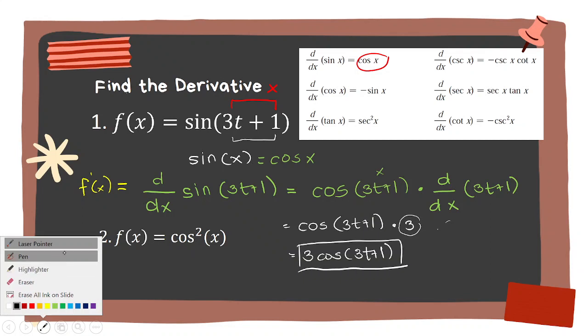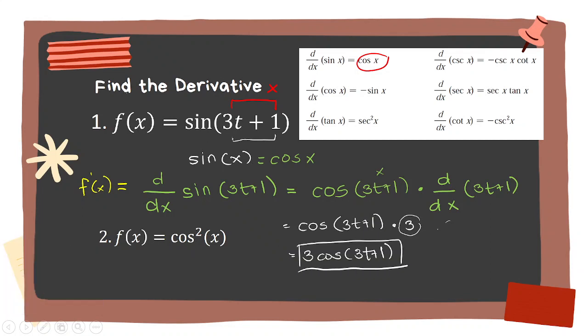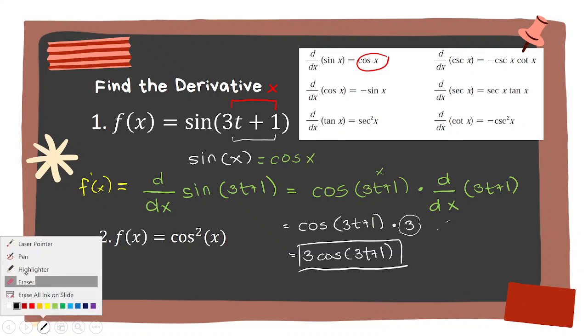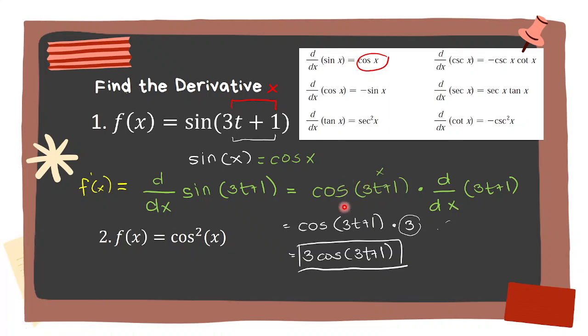So, shortcut. What's the shortcut? You just get the derivative of the function. Ito yung derivative ng function. However, you still need to get the derivative of the inside function. So, ito yung derivative ng sine x, which is this one. Ito yung derivative ng loob. Diba? So, kumbaga, pag dinerive natin yung isang function, i-multiply natin siya sa derivative ng loob. Now, let's apply that on this cosine squared x. So, if we erase this one,